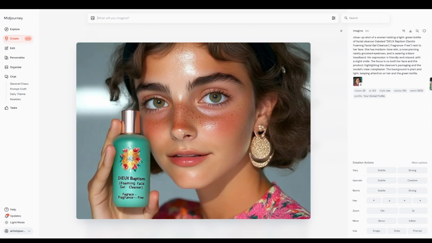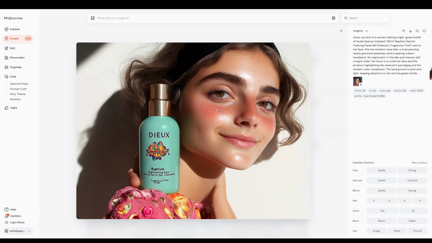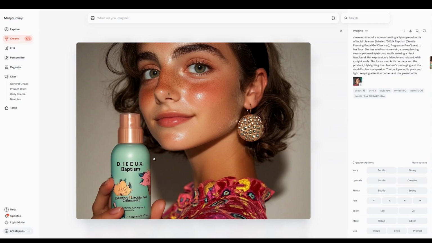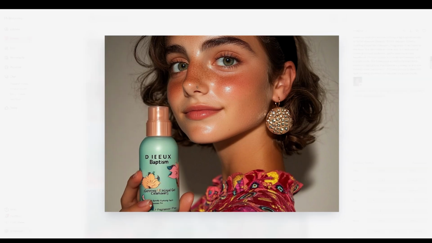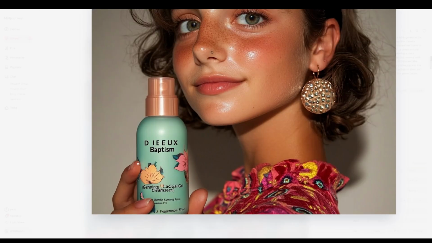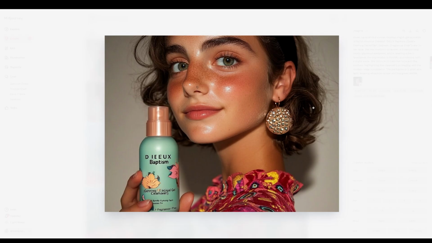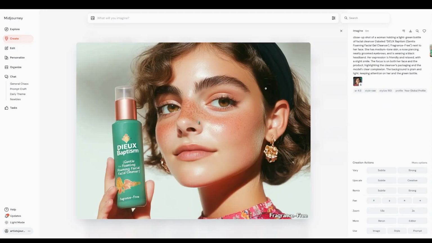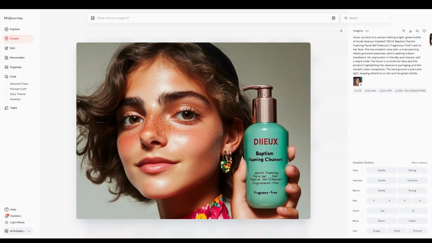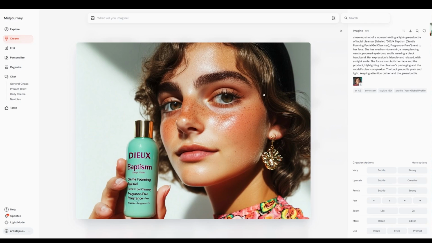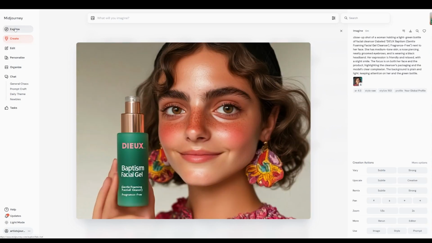So this is really cool, right? We're getting the same character, and we're getting some really cool, funny results, like whose fingers that is. She must have a really long arm or something. This is a really cool one too, right? I really love how it feels like a flash camera, much more realistic. Look at the detail on the fingernails. That's really, really interesting to see in these textures. Just by playing through the Explore page, we can see all the different ways of using MidJourney to create character